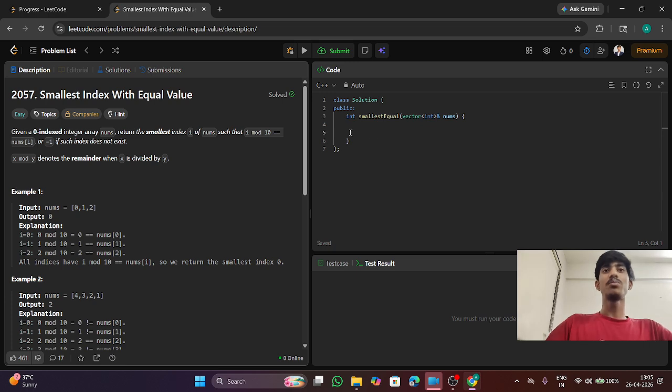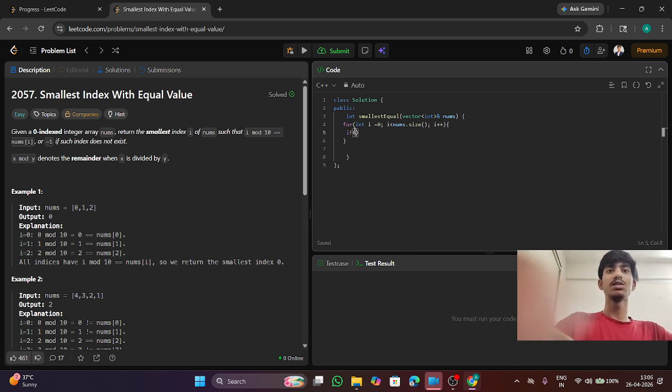So my approach is a single for loop. I will code for loop: int i equals 0, i less than nums.size(), i plus plus increment. So if condition: